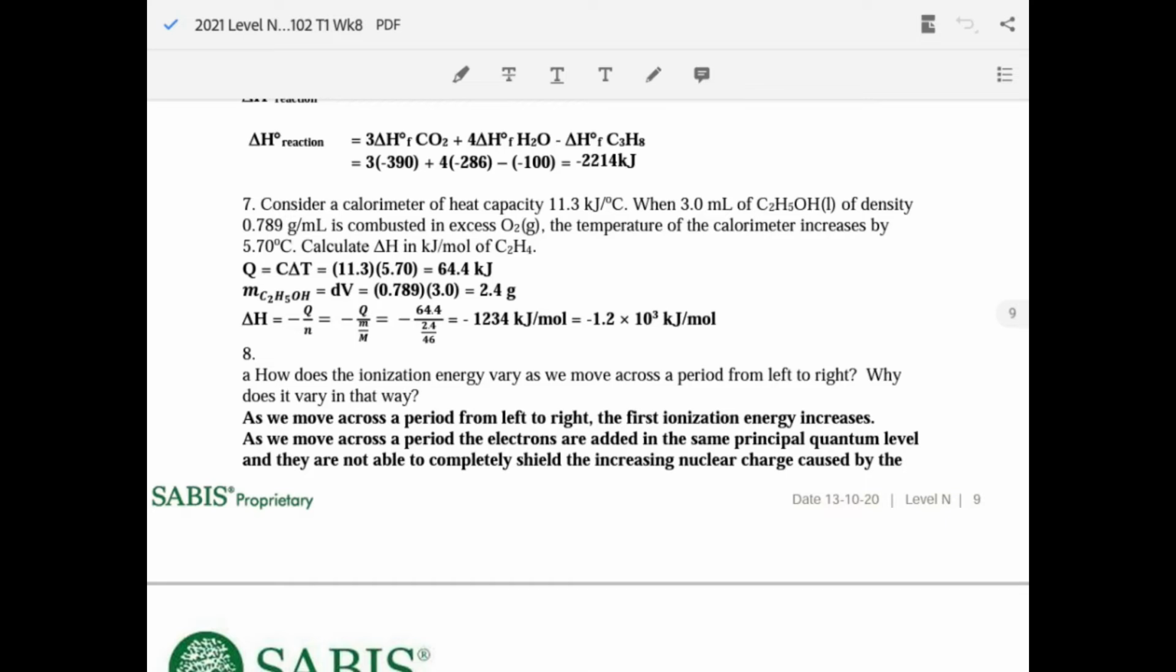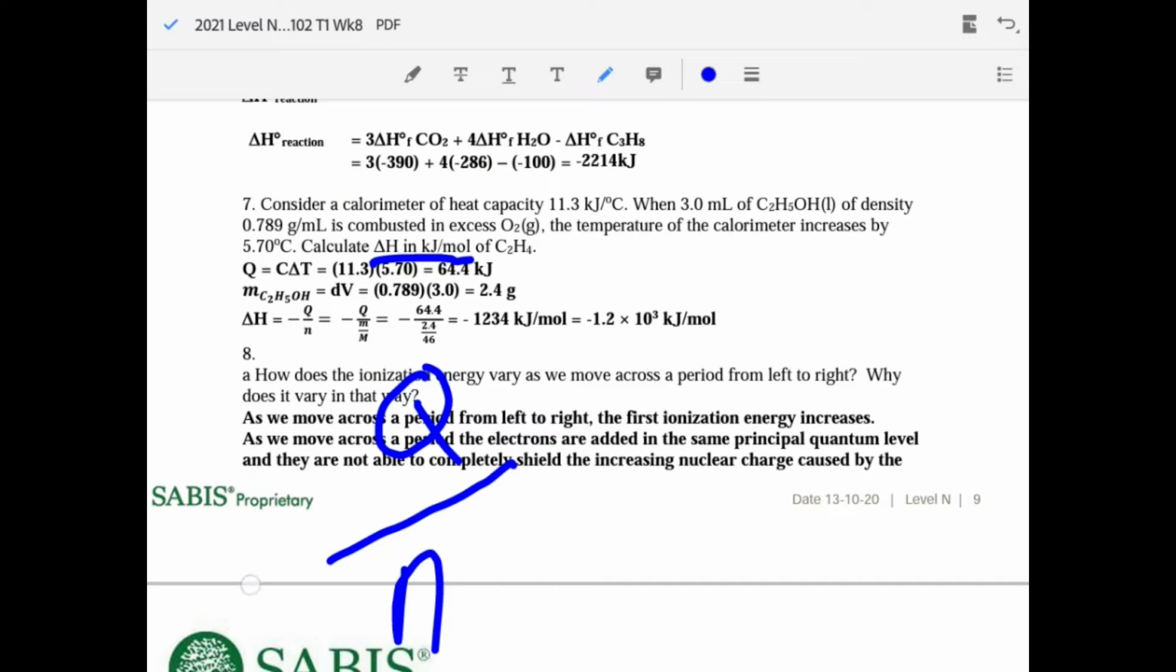Number 7. Consider a calorimeter of heat capacity. In part 7, you're asked to find delta H in kilojoules per mole. So the obvious answer is, since it's kilojoules per mole, so energy per mole, minus Q over n, and Q is heat capacity times the temperature increase, 5.7, 11.3, you end up with kilojoules, so you don't have to worry about that, times